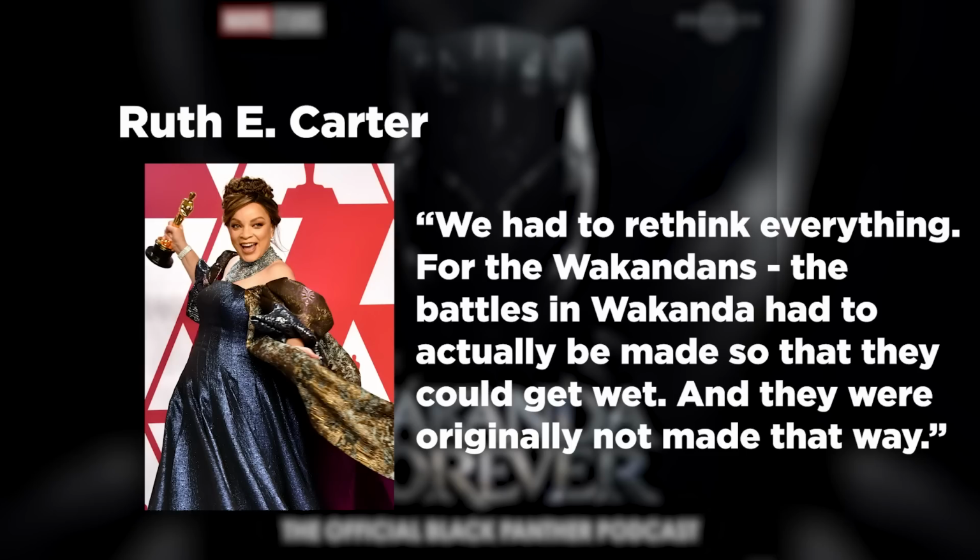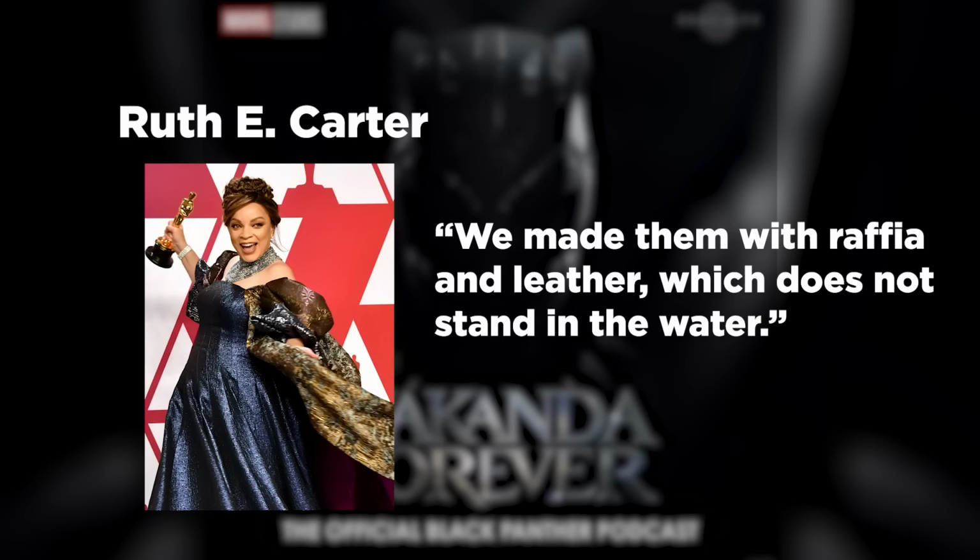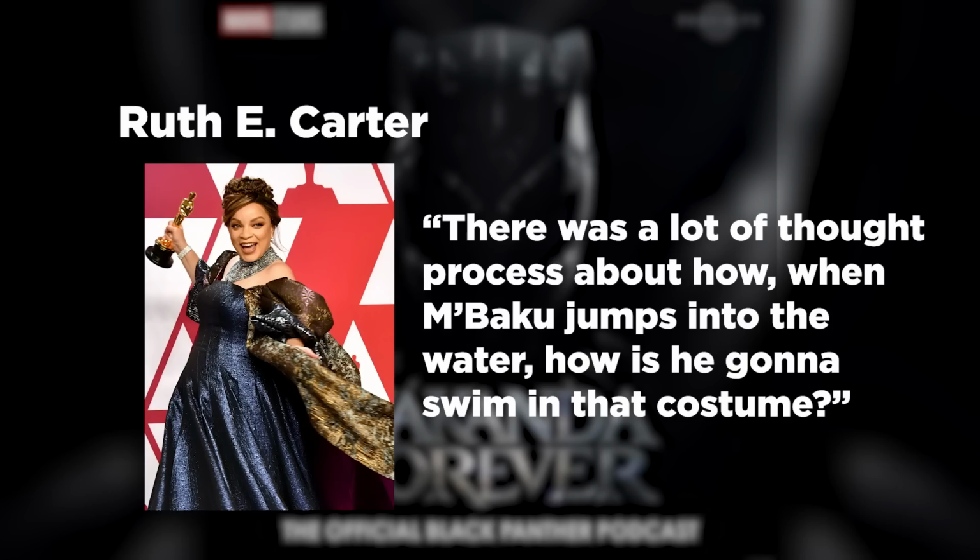We had to rethink everything. For the Wakandans, the battle costumes in Wakanda had to actually be made so that they could get wet. And they were originally not made that way. We made them with raffia and leather, which does not stand up in the water. So there was a lot of thought process about how, when M'Baku jumps into the water, how's he going to